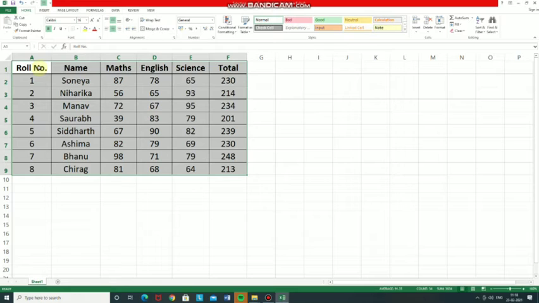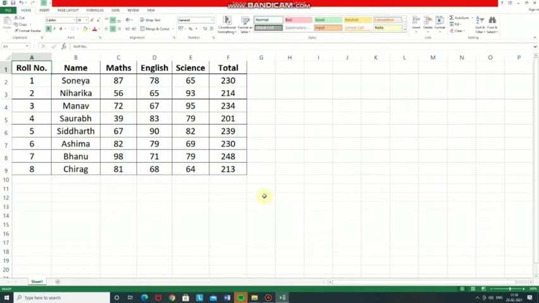Now turn the page, page number 94. Using the extend mode: when the range of cells to be selected is very large, meaning if your table is very large, then dragging the mouse through the range can be cumbersome. In such a case, you can do the following. Click the corner cell or the starting cell of the range, and then press F8. The status bar shows extend selection mode.